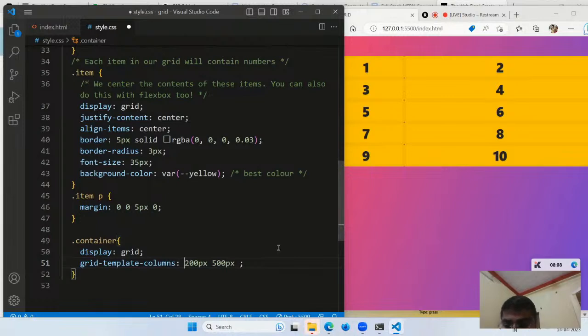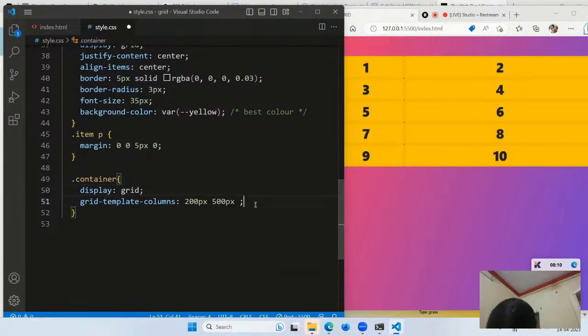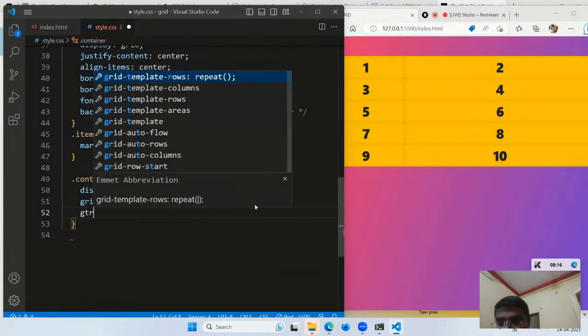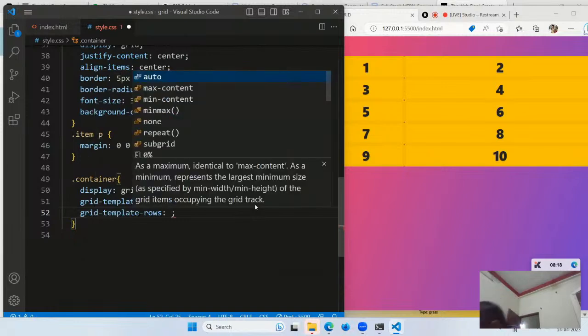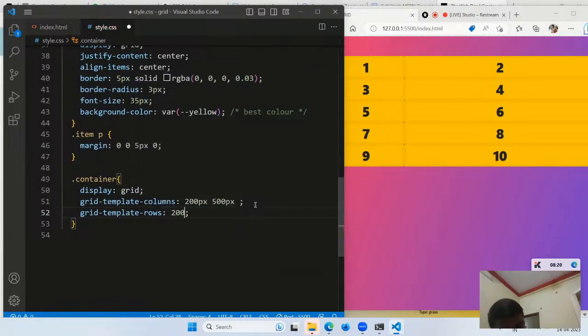So you see we have declared two columns. Now let us declare rows also. We declare three rows. So grid-template-rows: 200px 100px